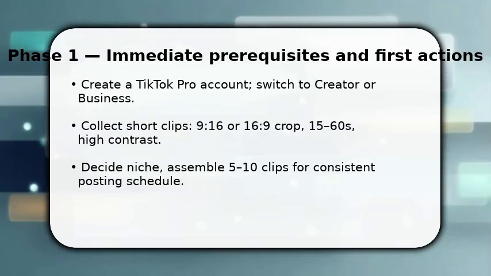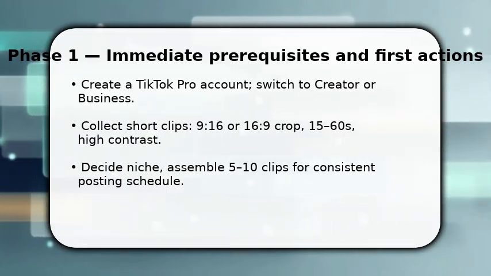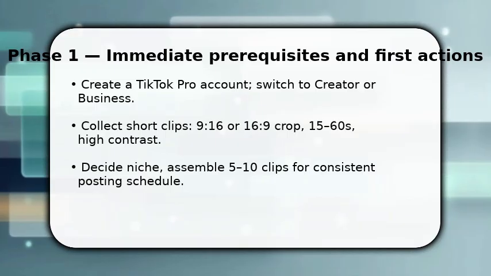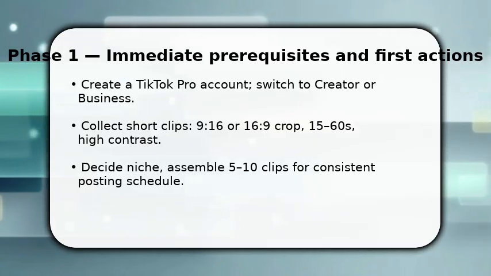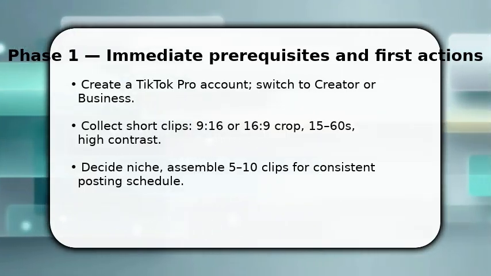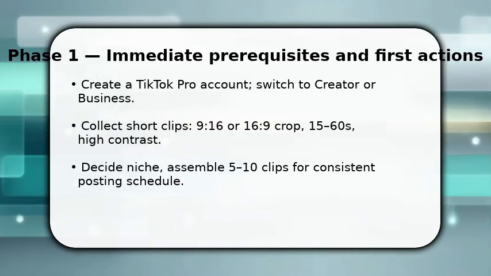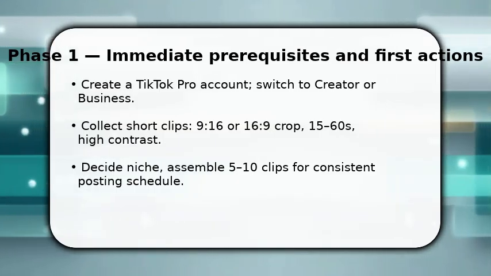You need a pro account and a clear niche. Do that first. Next, gather 5 to 10 short clips in either vertical 9:16 or horizontal 16:9 and trim to 15-60 seconds so viewers finish them. Once done, batch edit with consistent branding, intro frame, watermark placement, and caption template. This speeds uploads. Make sure to set captions with searchable keywords and 3-5 hashtags, because algorithmic reach depends on relevance